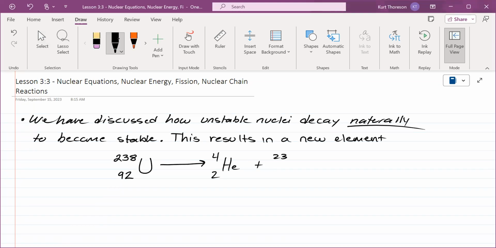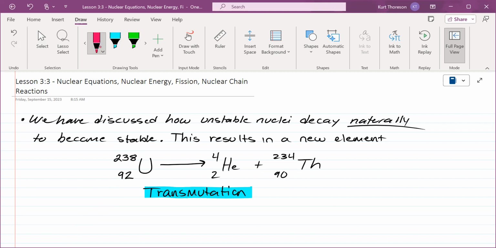And it will become thorium-234. That is the new element. That's what I'm talking about. I'm not talking about something just totally out of nowhere. I'm talking about an element on the periodic table is what uranium changed into. This is called transmutation. Transmutation is the term you got the other day. It basically shows how an element like uranium becomes thorium. Thorium becomes radon, radon becomes polonium, and eventually becomes lead.